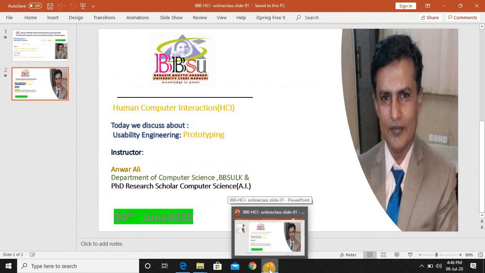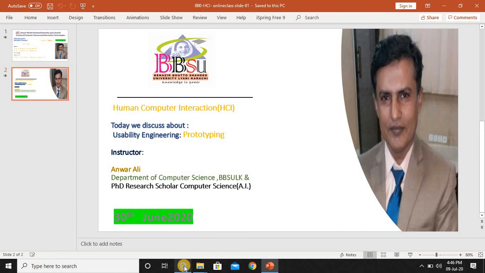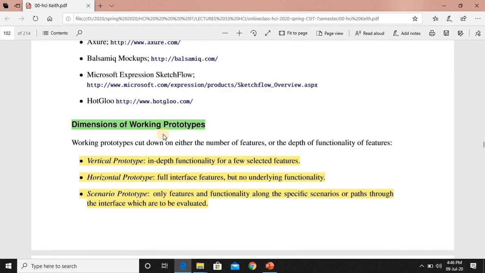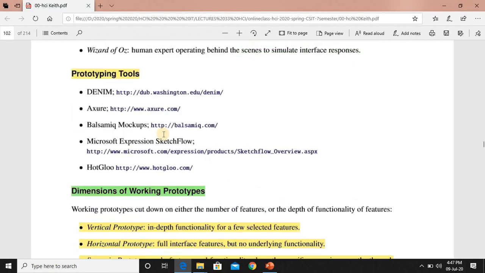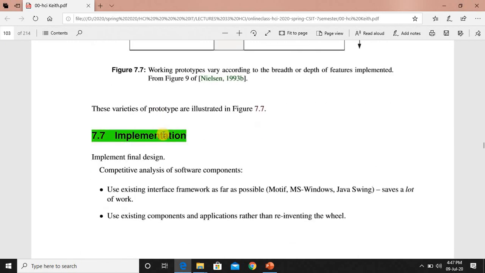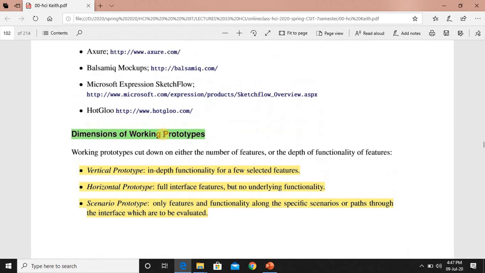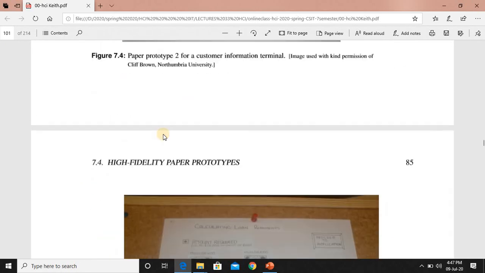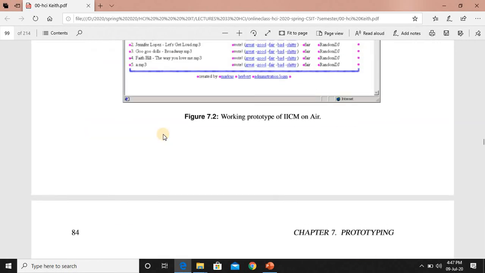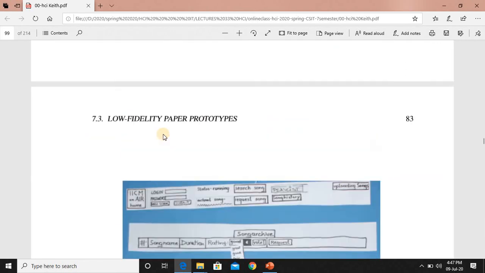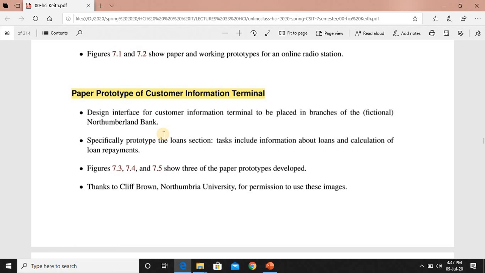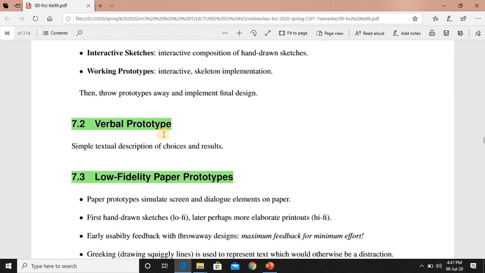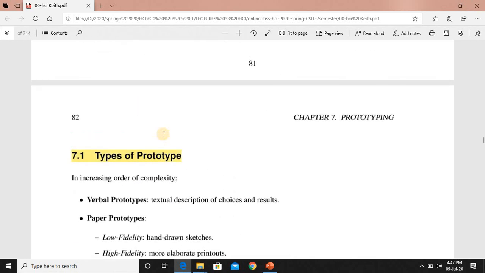So guys, inshallah, in the next session we will go to a detailed discussion about prototyping with examples. Today we learned about prototyping, the types of prototyping with examples, and how we use these types of prototypes in complete detail.